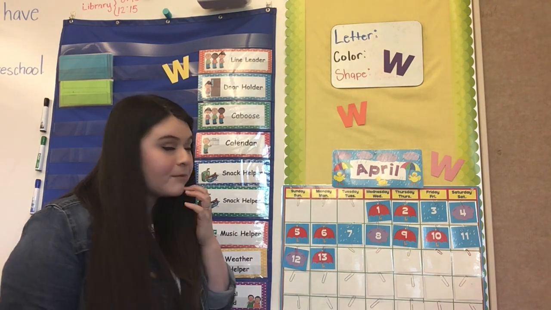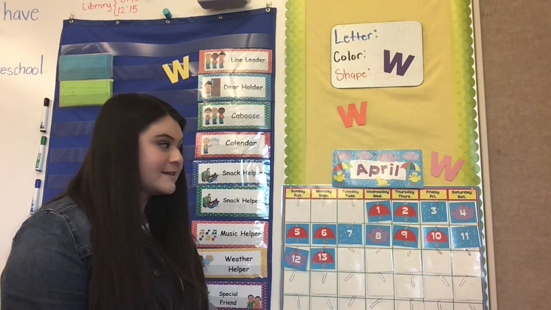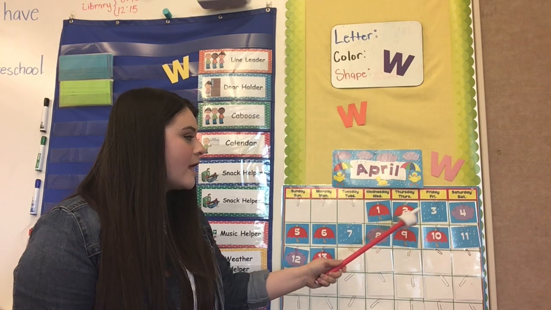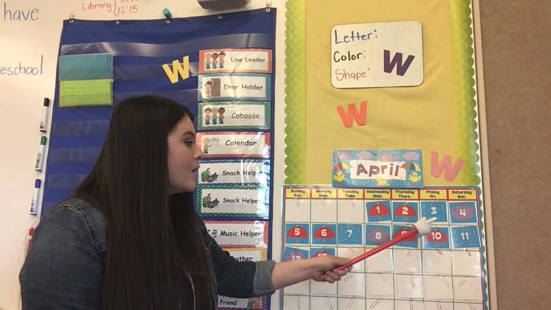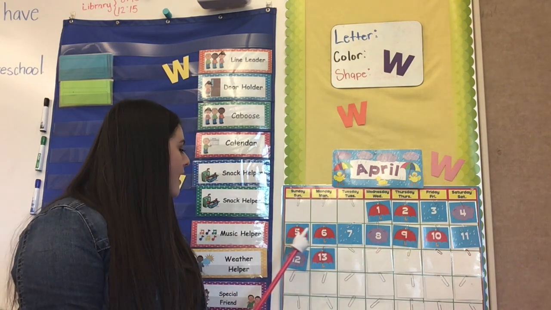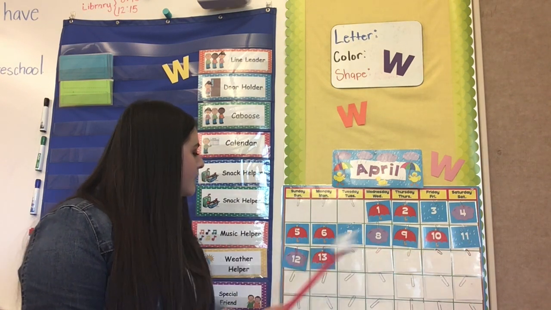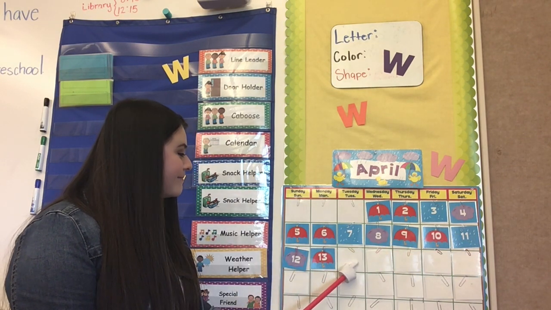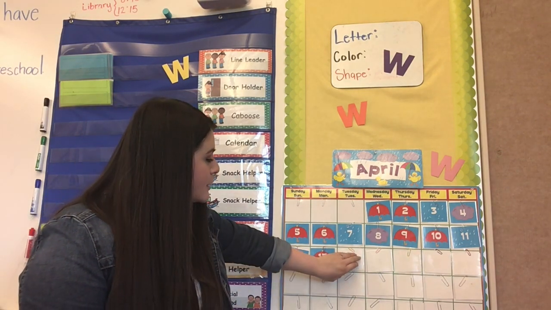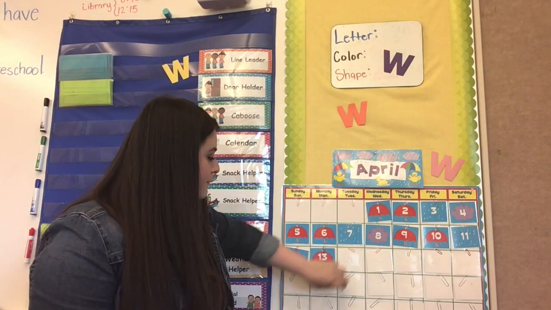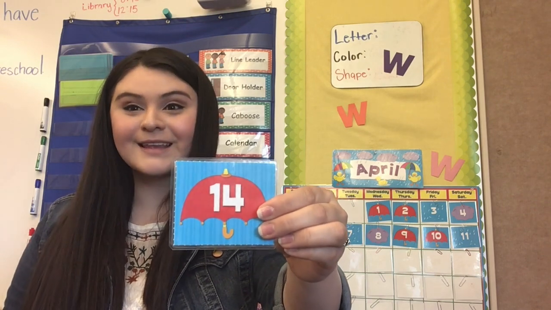That's 14. But before we check to see if it's right, we have to figure out what pattern comes next. Okay, so remember we have umbrella, umbrella, rain, cloud. Ready? Umbrella, umbrella, rain, cloud. Umbrella, umbrella, rain, cloud. Umbrella, umbrella. Good job. We have 2 umbrellas in a row. So it should be a 14, a 1 and a 4 with a red umbrella. Were we right? Yep, we were right.